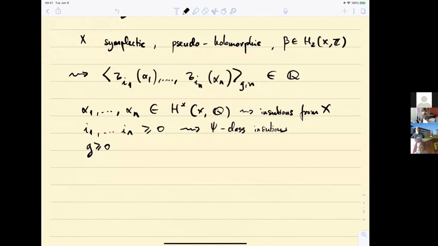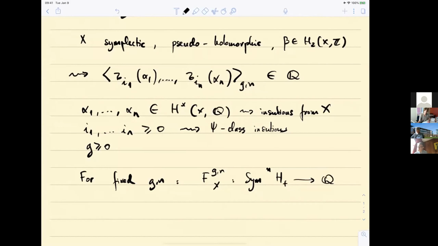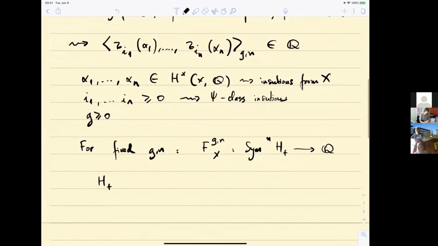So for a fixed g and n, people put these together into some kind of potential, and it's a map from Sym^n of something which I will call H_+ into Q, where H_+ will be my notation for the following strange space, H[[u]], where u is a variable